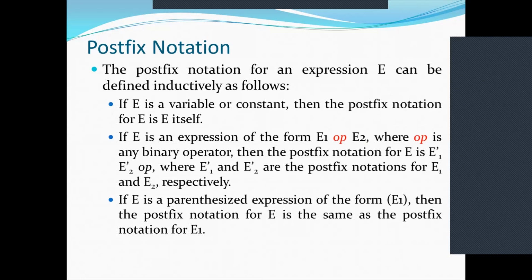Then, if E is an expression of the form E1 op E2, that means there is an operator op and there are two operands E1 and E2 in the expression, then the operator op is a binary operator, and then the postfix notation of E is